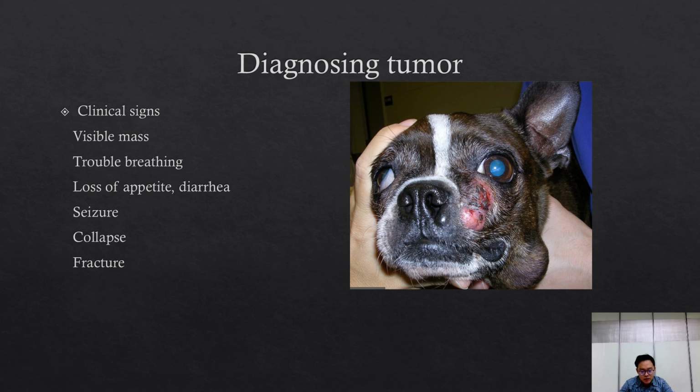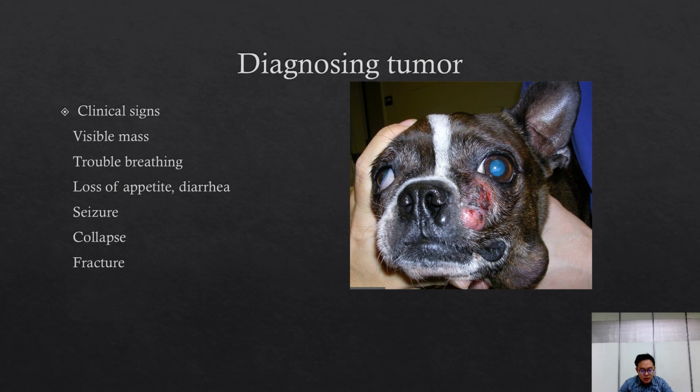are going to vary based on what type of tumor we are talking about and where it's located in the body. So the most common examples will be a visible or a palpable mass. So if you've got a mass that you can feel either in the dog's skin or even see it on the surface, and the owner notices this and of course brings it in to the vet to see what the problem